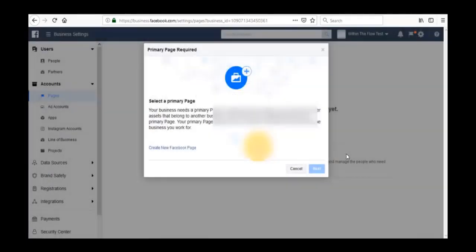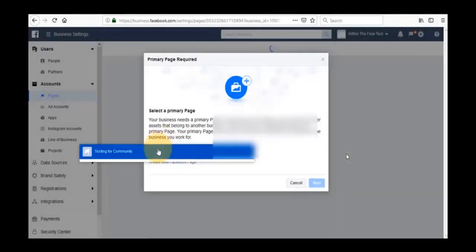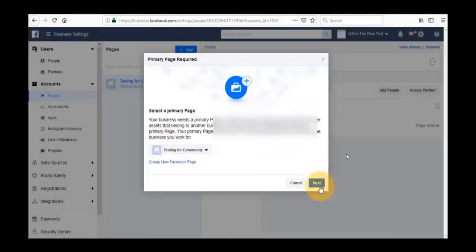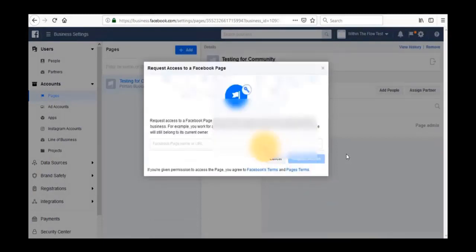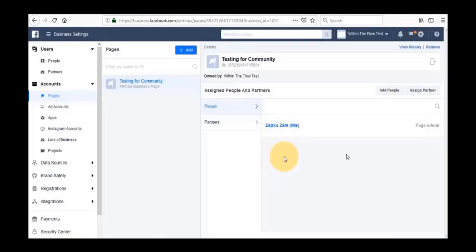City, zip code, etc., etc. And the page is created. Now I have to select it as my primary page. Now I can access other pages, like I can send requests to the other page, and now